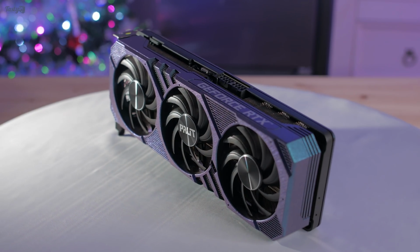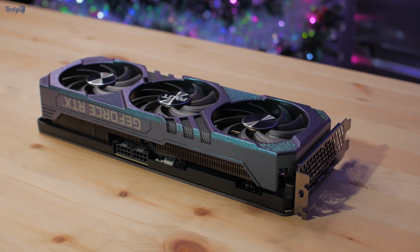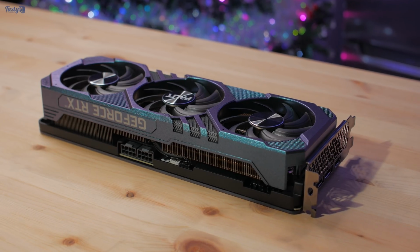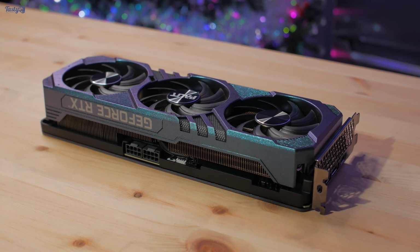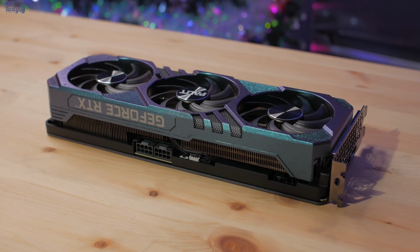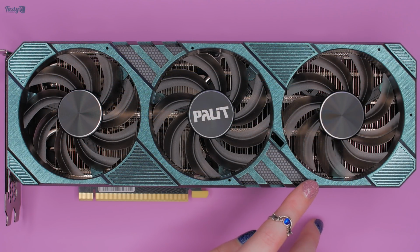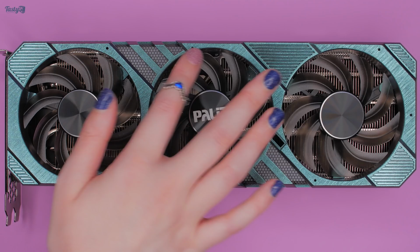It's also said to be scratch resistant, and when the light hits the finish at just the right angle, it's very shiny and it looks much better in person than I'm able to capture on camera. But putting aside the paint job for a moment and taking a look at the card, I do have some things to point out. Firstly, there's these holes, which are there because this is the same cooler used for the